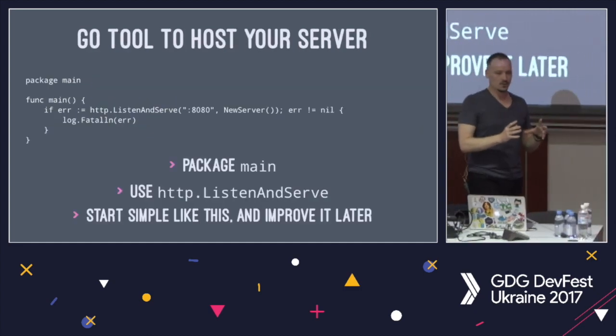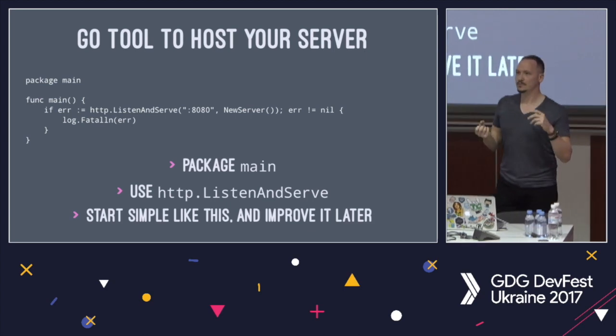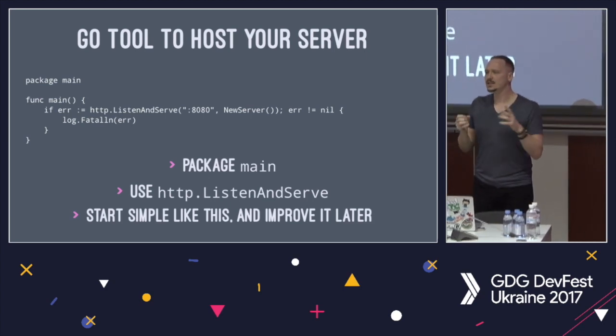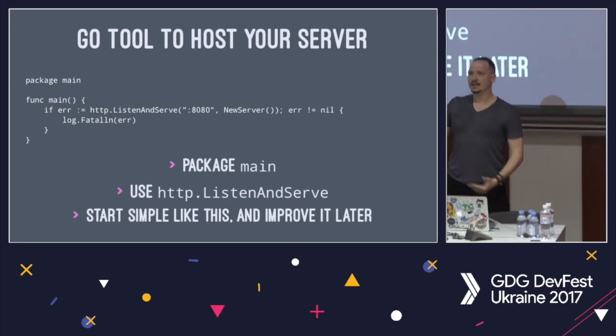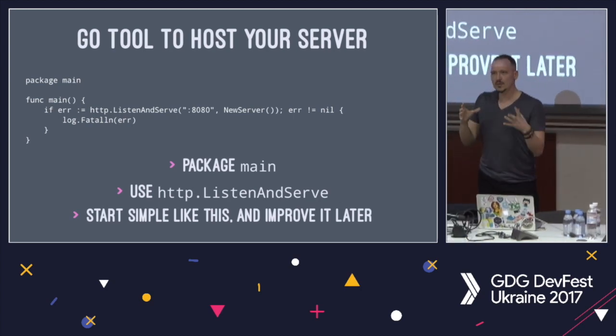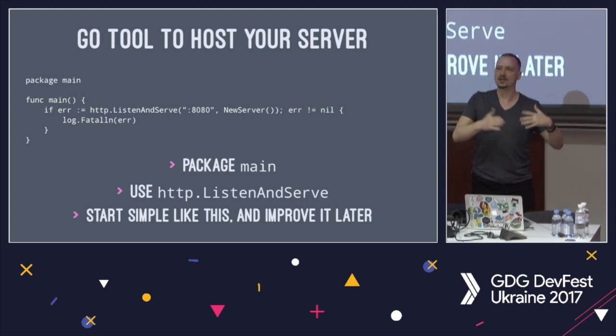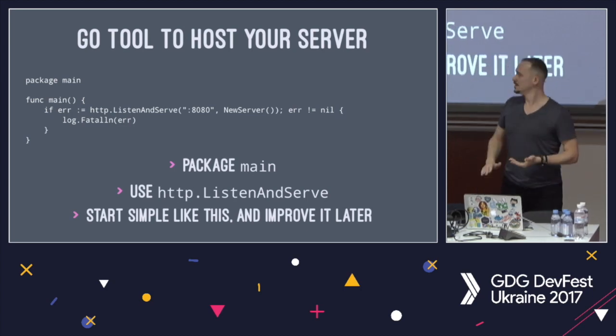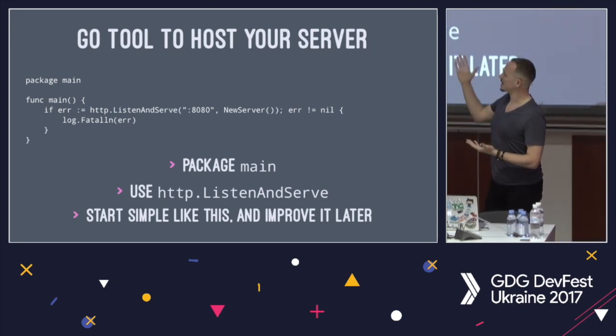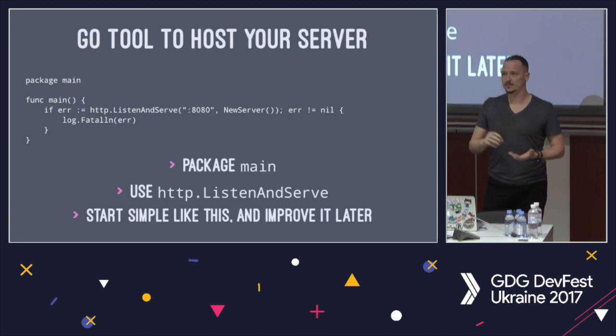So once you have your server, then you need to be able to actually run it. And lots of people, especially when they're new to Go, say that they feel like they can contribute to a project, but they can't start a project. They feel like starting something is actually the difficult piece, and I understand that. But this is how you can get started with writing a tool.